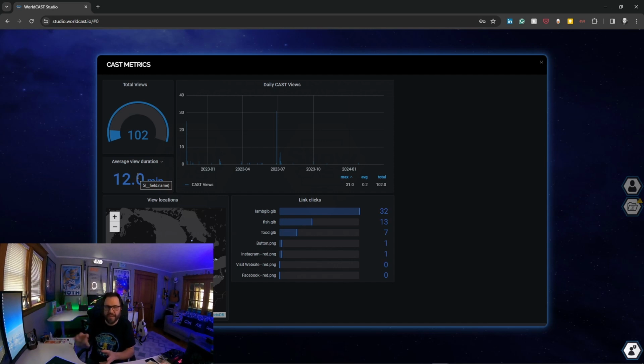There was showcast linked to a printcast, and the session kept track of how long they were using that particular cast for. So if I open up a printcast and place models of food in front of me, this is the average length of time that people were looking at the experience for. So 12 minutes spanned across 102 users. Now, it's a small cast. It's not meant to get millions of views. This is a very focused cast experience, but the fact that you can get these metrics is exactly what this is about,